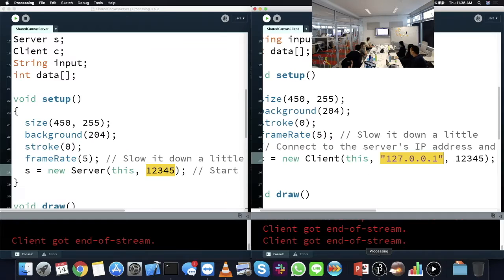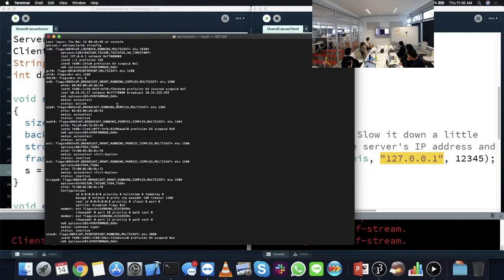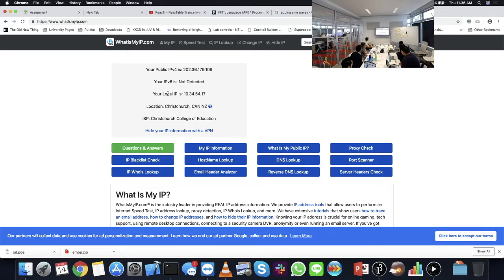So in this case, there is a bunch of IP addresses. The IP address I gave to Gonzalo before, I looked up. That is my local address, which we can find on whatismyip.com. My public IP, which is the IP that computers on the internet see, is 202.36.179.109. But my local IP, which is the IP address that my computer knows that it has, is 10.34.54.17. So that was the address that I gave